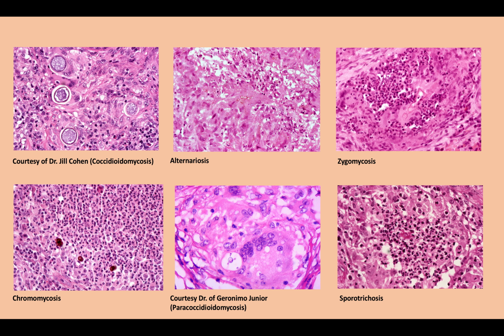It's quite interesting that one of the fungal organisms, Phialophora, which causes phaeohyphomycosis, can also cause chromomycosis, and it can also cause Madura foot. So it's sort of an interesting